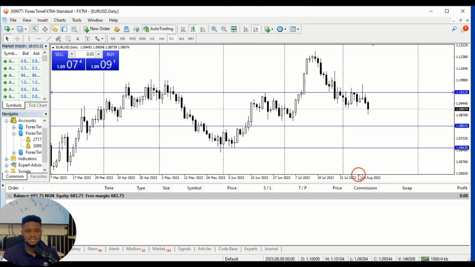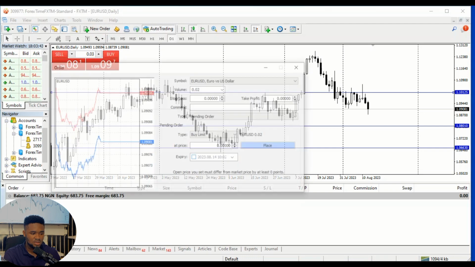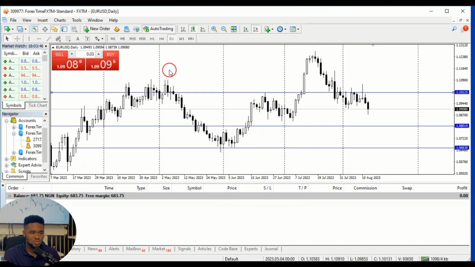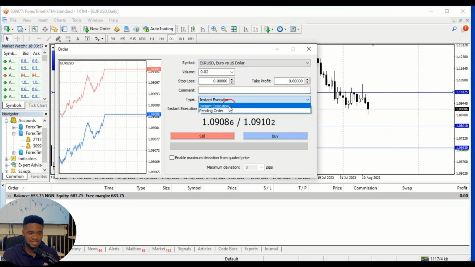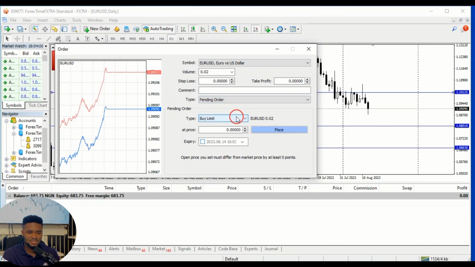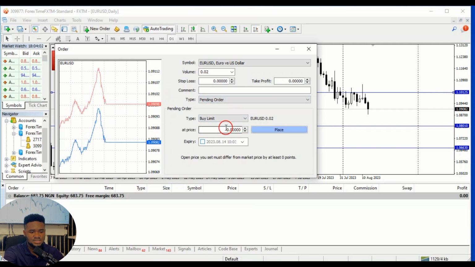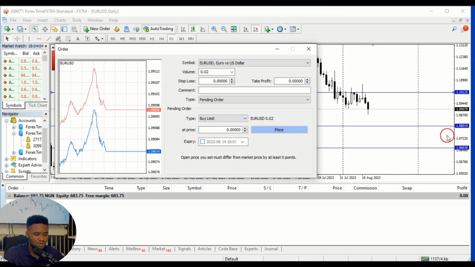These are the 3 important levels: the entry order, whether it's a buy stop or a sell stop, your stop loss, and your take profit. So this is what I'm going to do now. Let me start afresh. I've gotten my 3 basic points: my entry point, my stop loss, and my take profit. New order is not instant, it's pending, and we are working on a buy stop, right? So the entry point is this place here. This is my entry point,